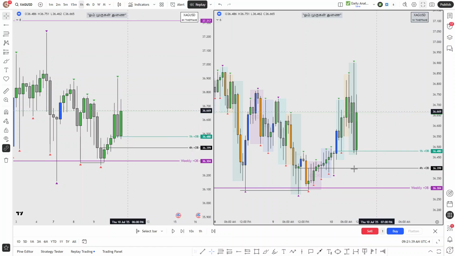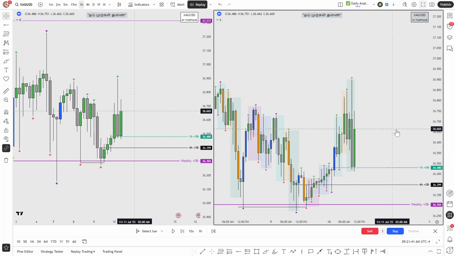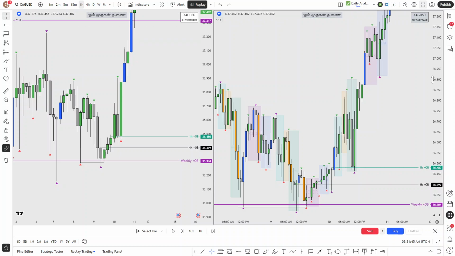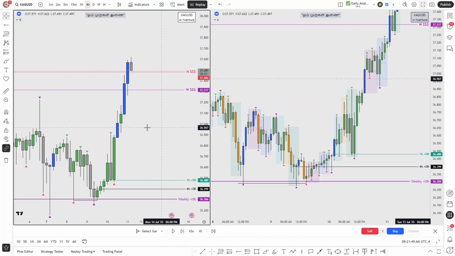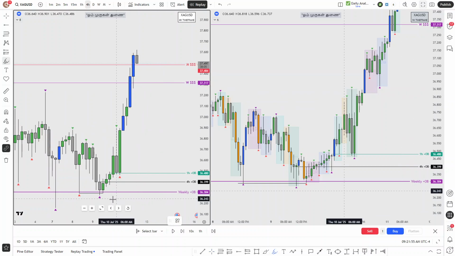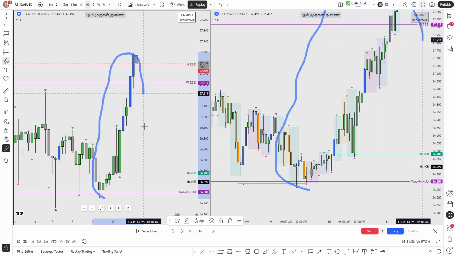Okay, so after tapping it here, see how the move went away. Yeah, it was a continuous up move, and we squared off all our positions at this point. So we just captured this entire chunk of the move till this monthly swing high,